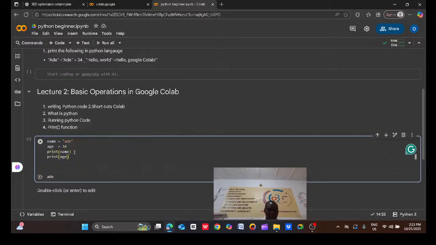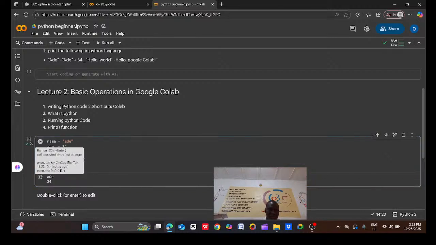And don't forget that I told you it's either you click on this to execute it, or you click on Control plus Enter. So let's click on this. You can see it has printed Ade, and it has also printed the age for us. So that is writing code in Python.